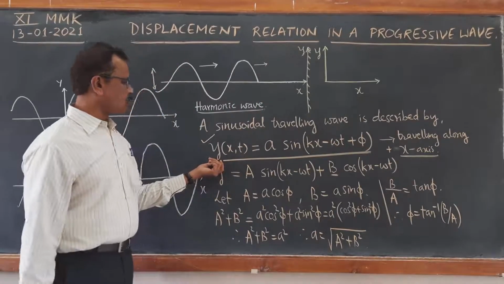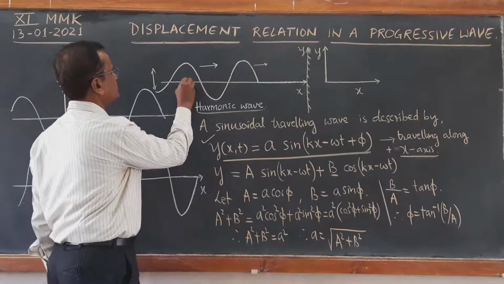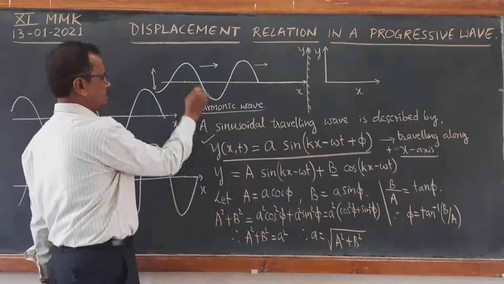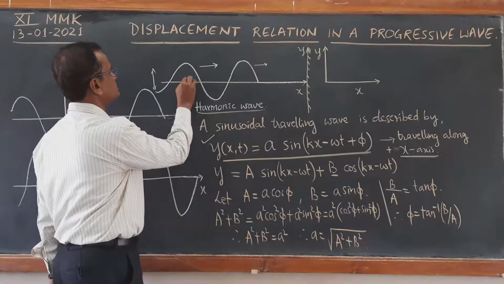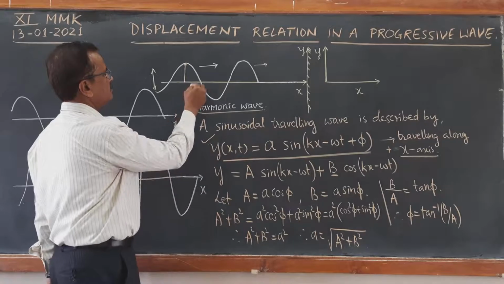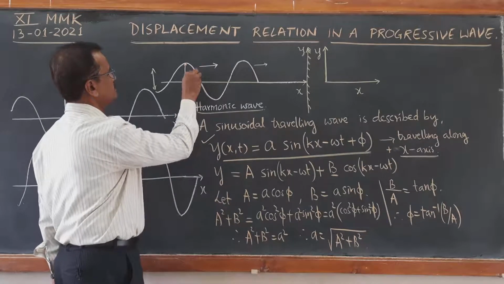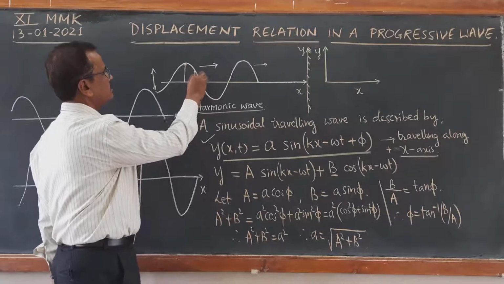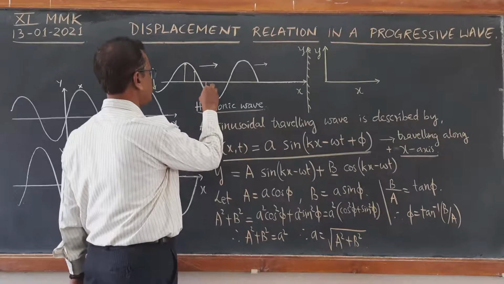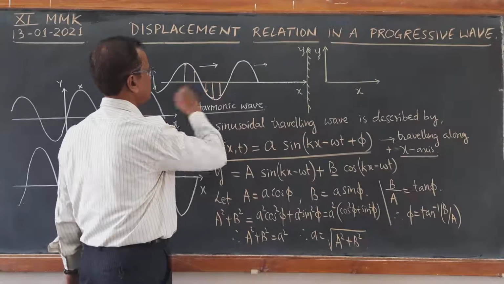In this case, y gives you the displacement of the particle. At any moment, if you are looking at the particle present over here, at this particular moment it is moving up. The other particle lying closely here will be moving up in this direction, and the particle over here is at the same position. The particle over here will be moving down. So this is how the wave pattern is observed.